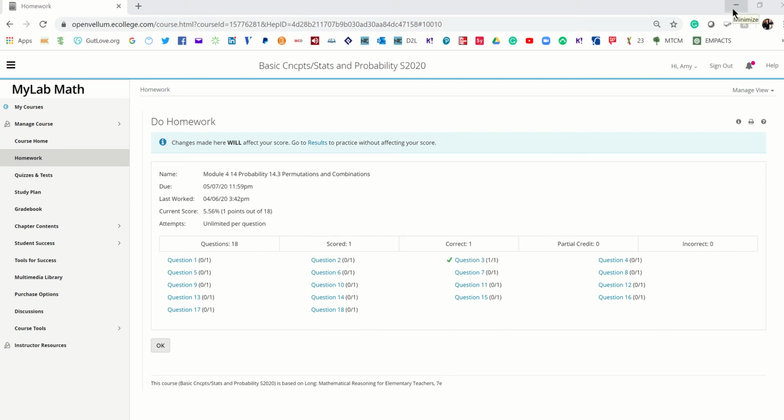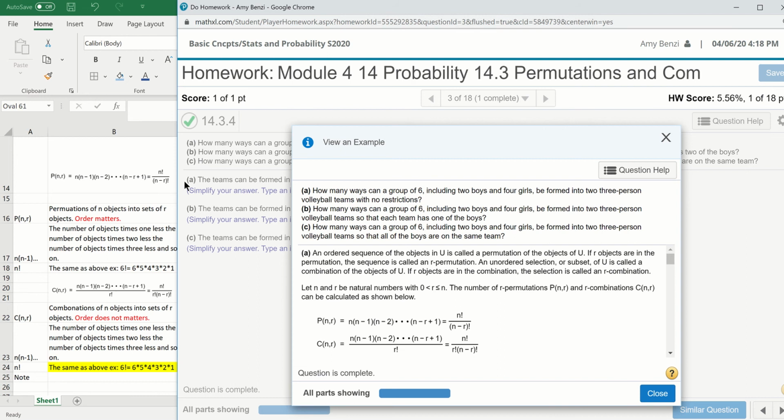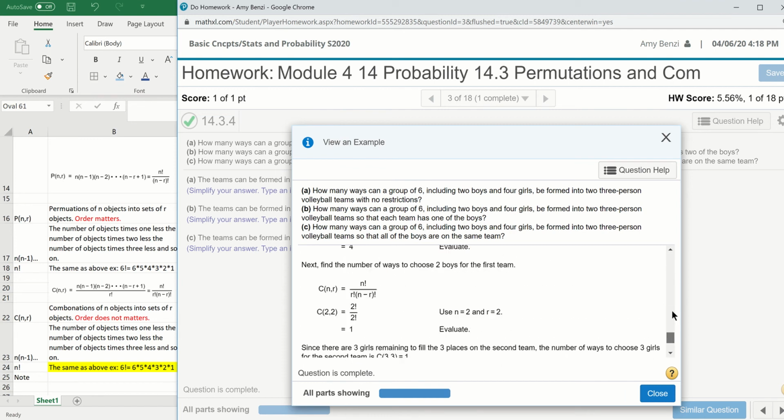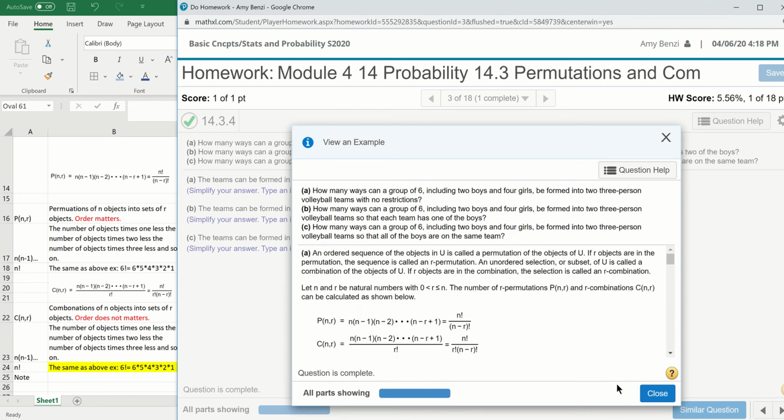So let's go ahead and have a look at that. The first thing I do when I get to a complicated question like this one is I go to Question Help and click on View an Example. And then once I get to my example, I just keep clicking continue until I have my full question in front of me, because I do like to be able to scroll through fluently without pressing continue while I'm trying